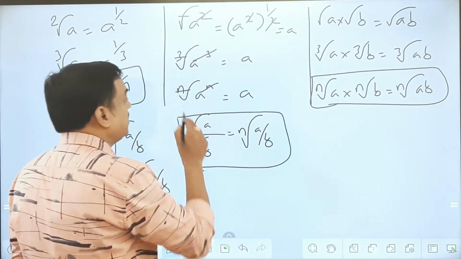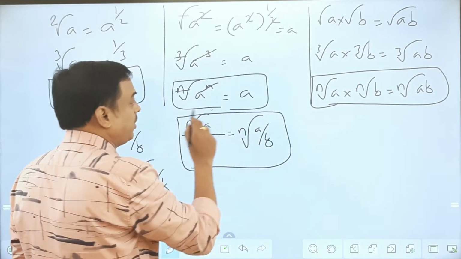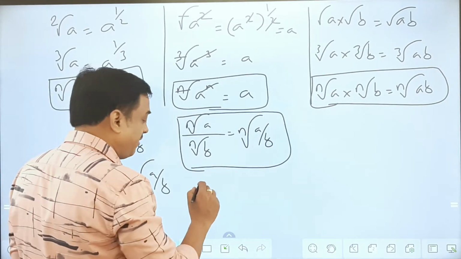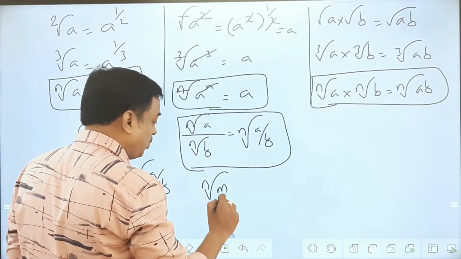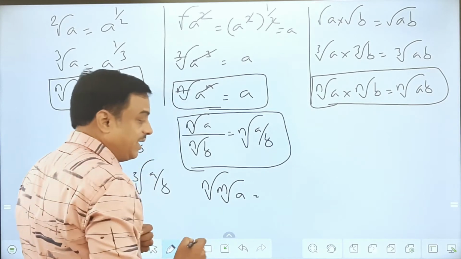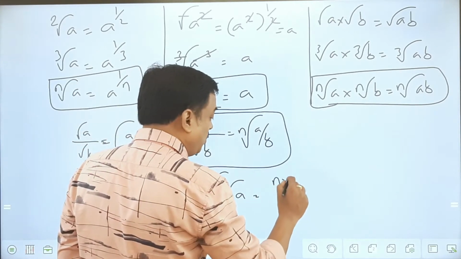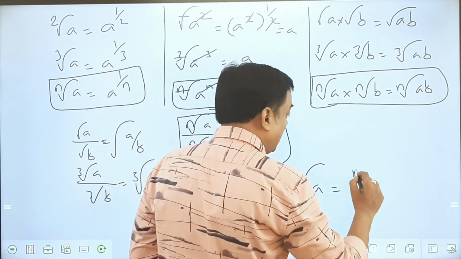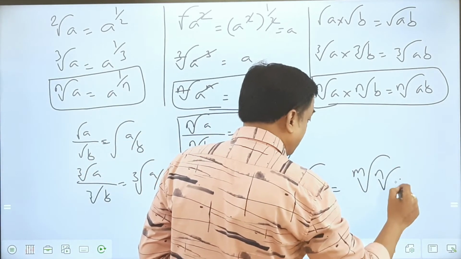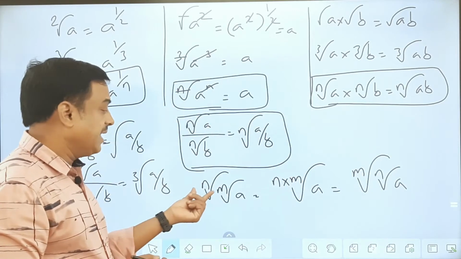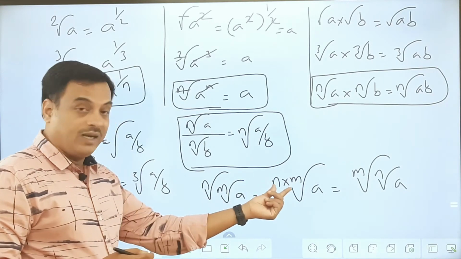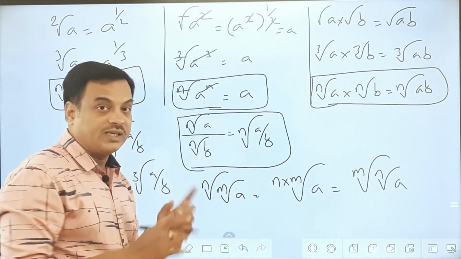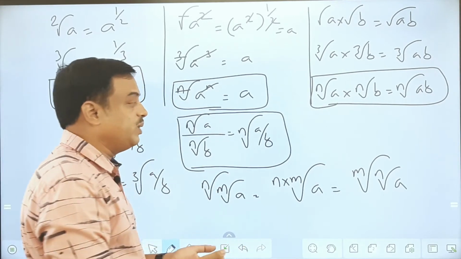So you can see there I wrote till now 4 extra points about square roots. There is one more point. If you have nth root of mth root of A, it can be written as n into mth root of A, which can be further written as m into nth root of A. So what I am finding here, I can interchange the roots, I can multiply them as a single unit, or you can see m and n's position can be changed. So this is another rule which we can say.